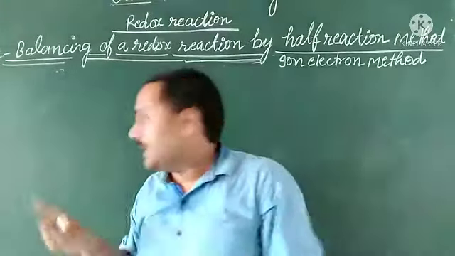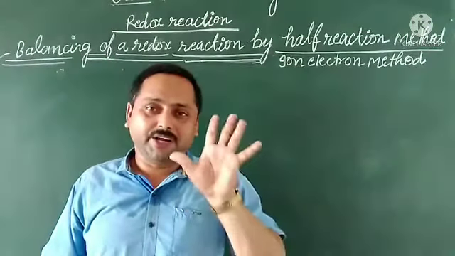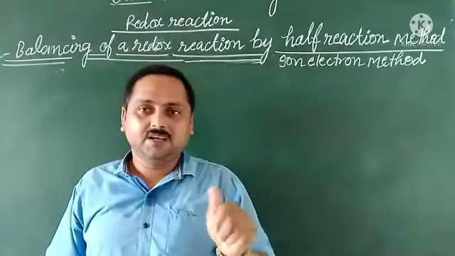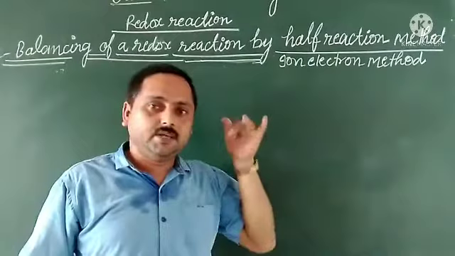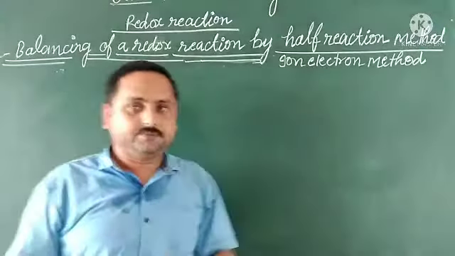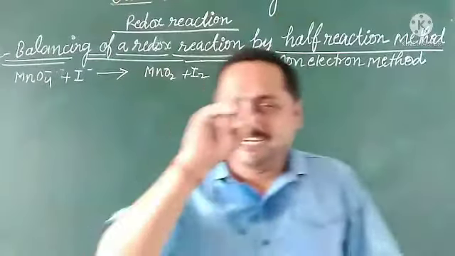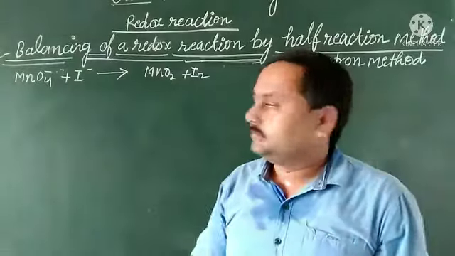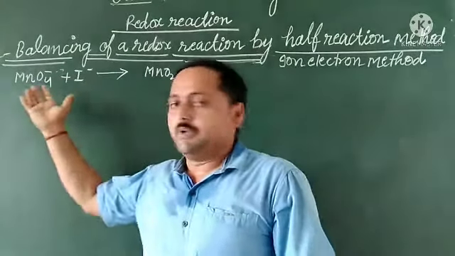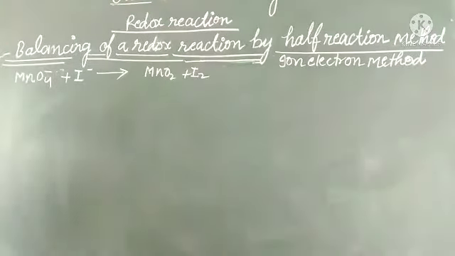Okay, let us take one example, so it will be clear. Okay, dear? Yes? Just give a thumbs up. Yes, I am taking an example. I have written one equation. That is given. We need to know where the oxidation and reduction are, and to find out, we have to write it like this.